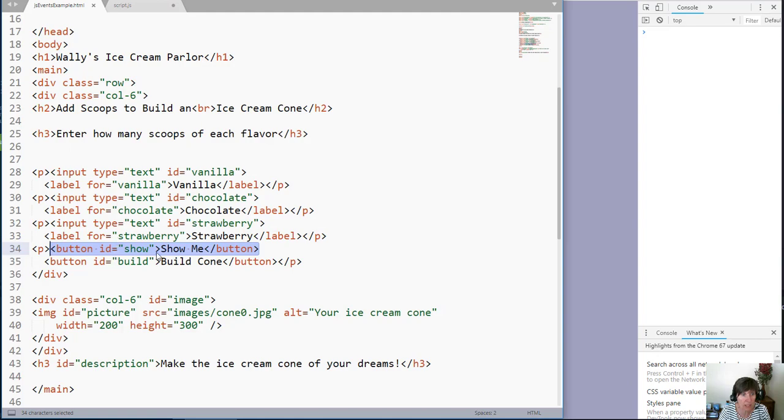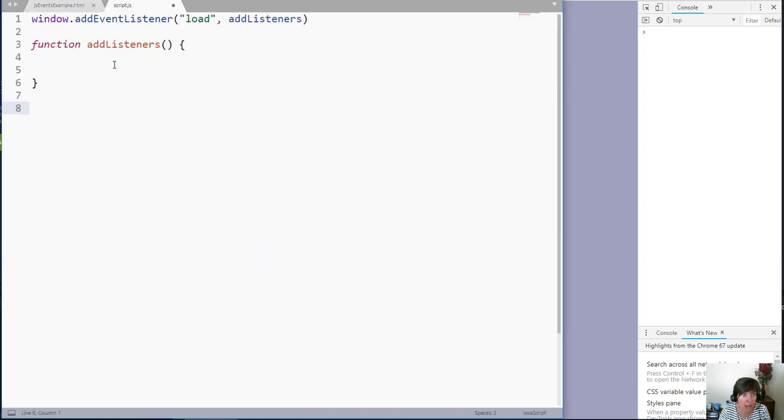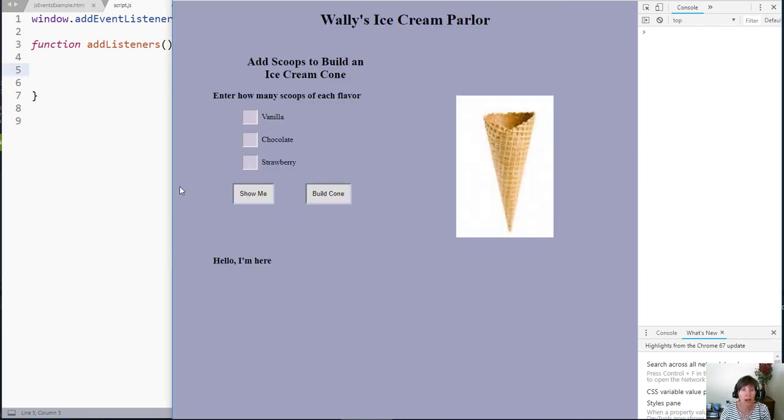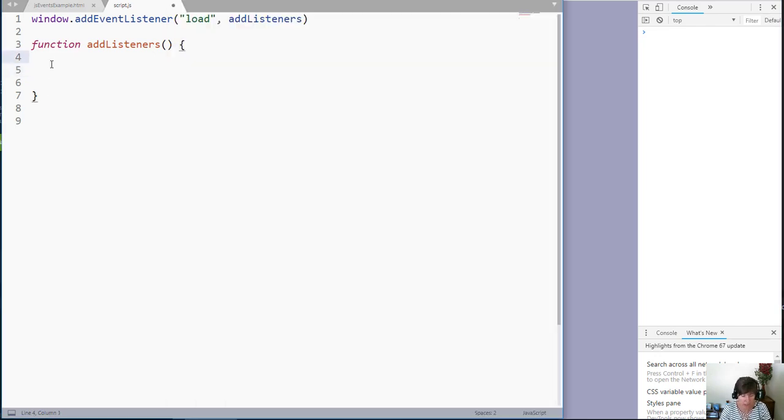So it's an element that has ID equal to show, and it's after the page loads. So I want to access it inside this load function, right, where we're adding listeners. So if I put it in here, it'll be safe because it'll happen after load. And I want to add an event listener to it. So the way that I do this is I use the